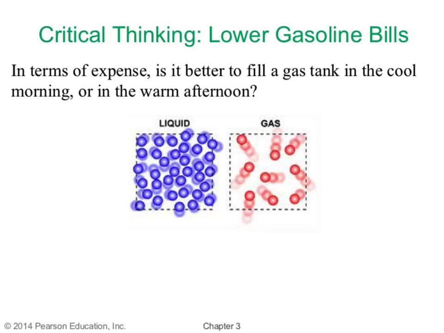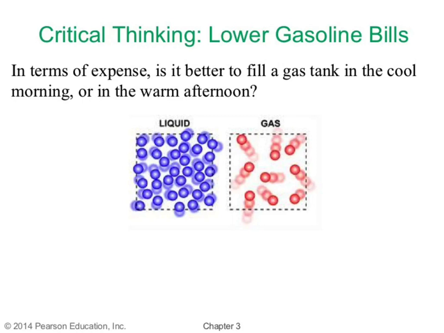In the afternoon it's warmer, which causes the individual gas particles to do what? Move more, which means they become more compressible. So when I measure out a volume of it, since they're moving more, I'm measuring out less individual gas particles. The density of the substance changes. I become less dense.